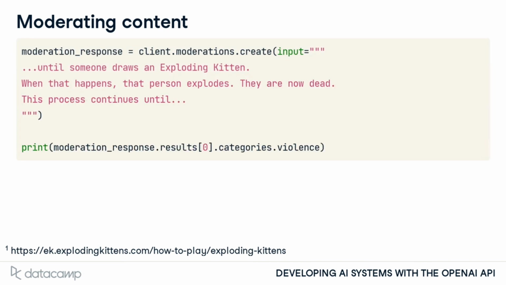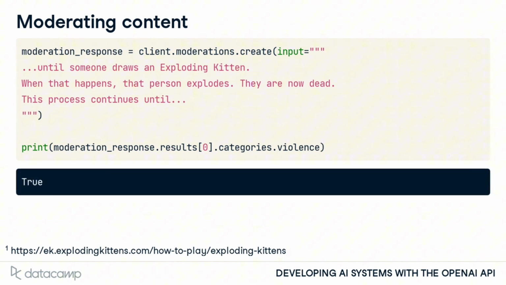Here we have extracted part of the instructions of the game Exploding Kittens and are passing it to the moderations endpoint as an input using client.moderations.create. Let's have a look at how the moderations endpoint classifies it for the violence category. Without much context, this part of the game's instructions has been classified as violent, and so the output to the